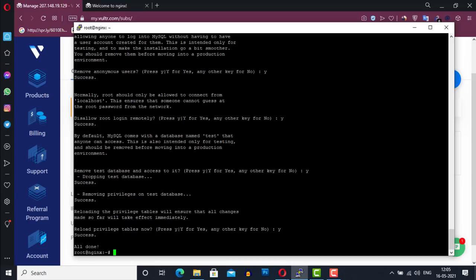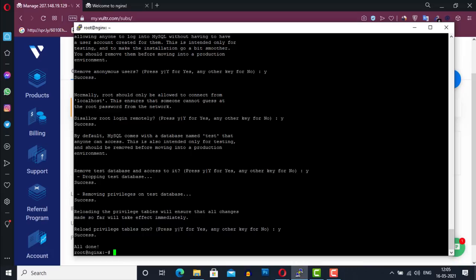When we install MySQL on the Ubuntu operating system, by default the root user is authenticated by the auth_socket plugin rather than with the MySQL native password. No doubt auth_socket allows for some greater security and usability in many cases, but this plugin complicates things when we install phpMyAdmin, which we will install later on this server.